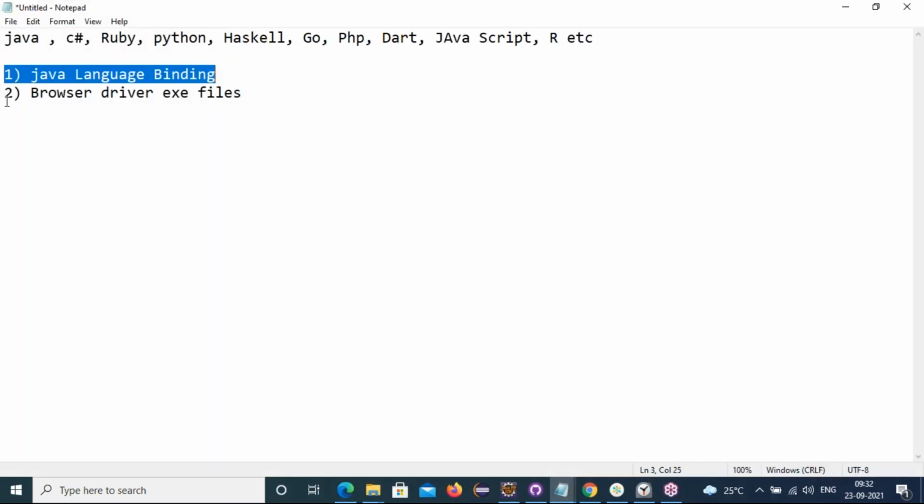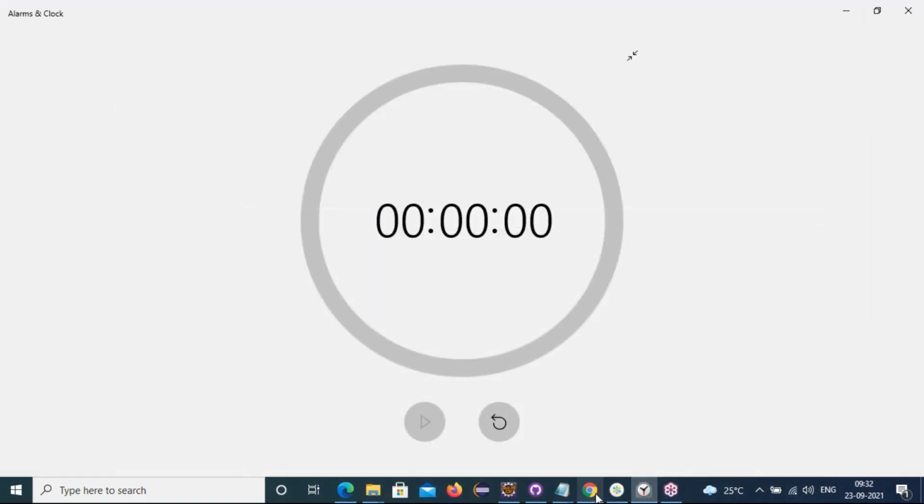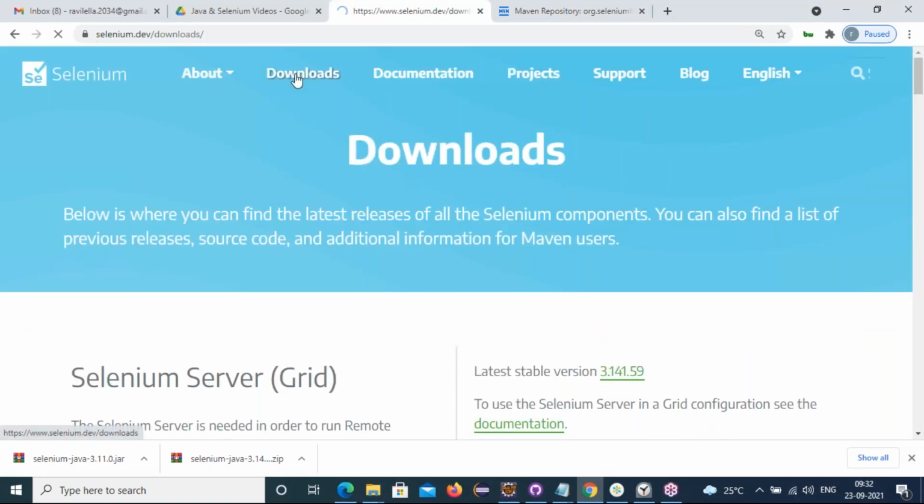Perfect. Next, we need to download the browser drivers. Without audio drivers, without video drivers, audio and video are not played. Without browser drivers, chromedriver.exe, geckodriver.exe, no browsers will execute. So for that reason, we are downloading the browser driver exe files, irrespective of the browsers. Where can I download them? Yes, in the downloads folder only.